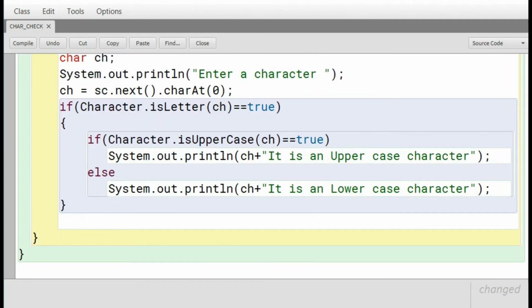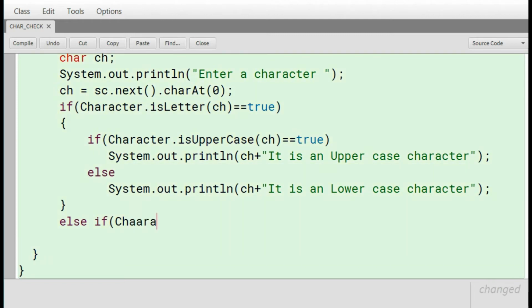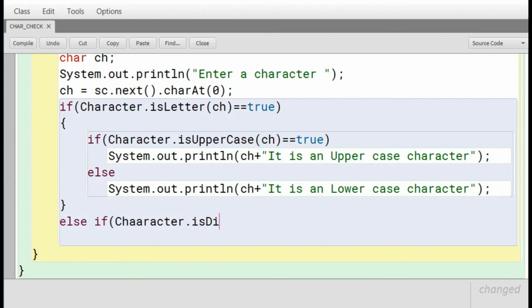But suppose the character is not a letter, if it is a digit or a special character, then again we are mentioning here the else part, and here we are including another condition, that if character dot is digit ch equals to true.